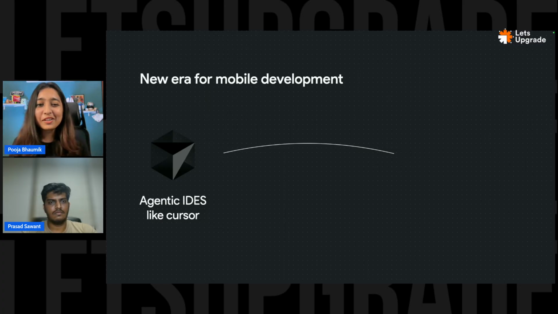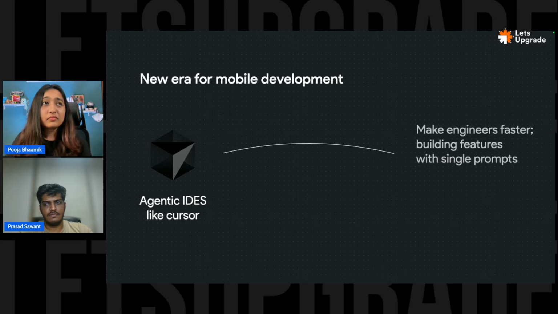But ChatGPT has no idea about your code base, right? So code base context was something that was really revolutionary when this came in, and it made engineers really fast in building their features, because with just single prompts you could build an entire feature done in, I don't know, a few minutes. So it was really great to see how Cursor transformed how we were